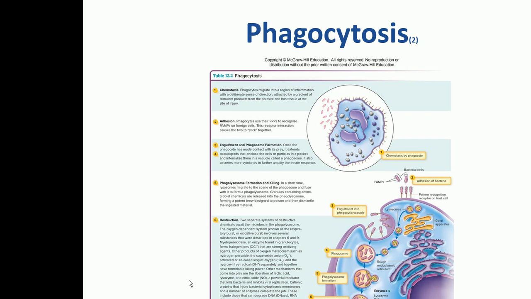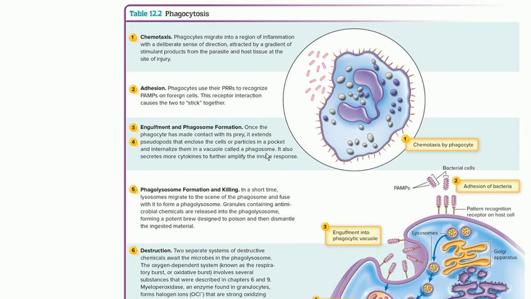So it's shown here. There are some special receptors on these phagocytes. They are called PRRs, pattern recognition receptors on the host cells. And then there are similar kinds of molecules on the microbes. They're called PAMs. So basically these PRRs recognize PAMs and bind to each other. And then the engulfment takes place, a vacuole forms inside, and then this vacuole fuses with the lysosomes, and because these lysosomes have digestive enzymes, they digest the microbe. So these are the steps of phagocytosis.